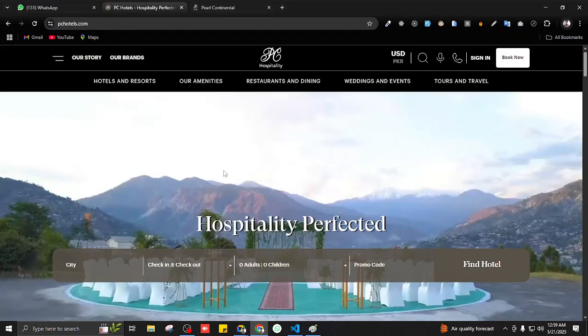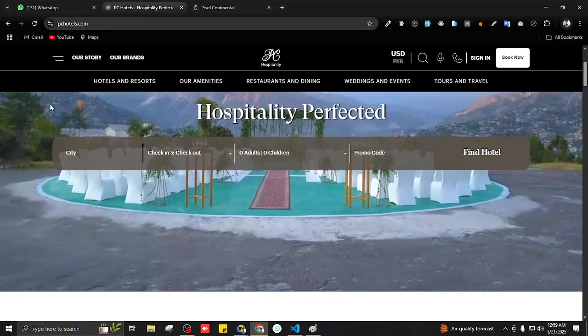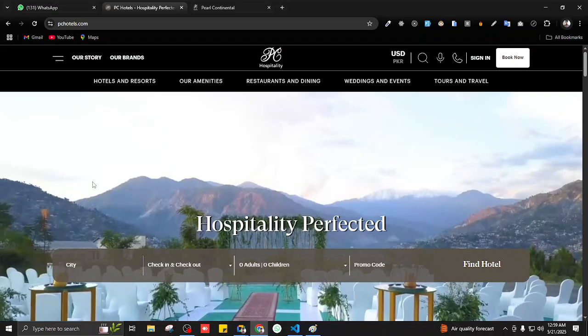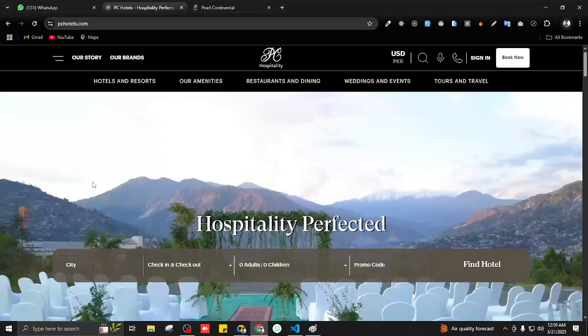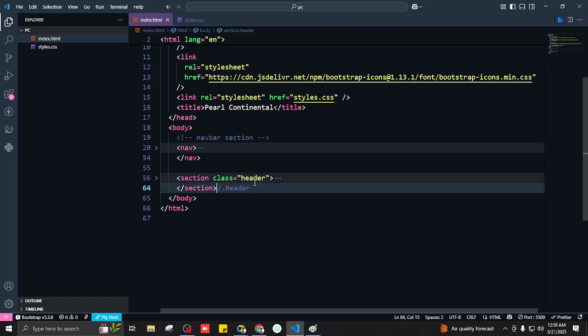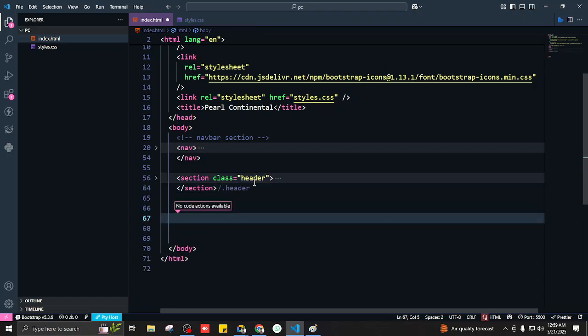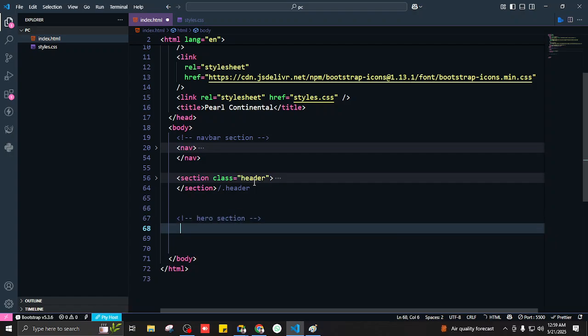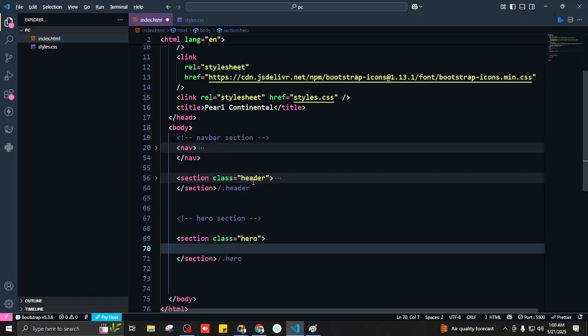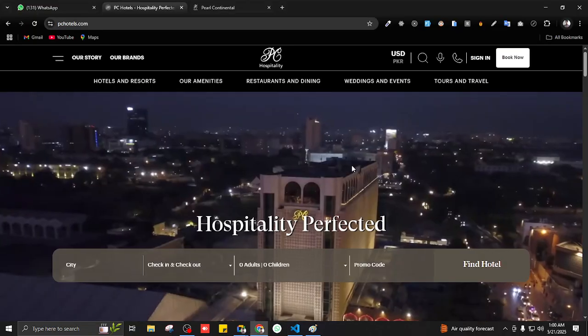Okay, so this section is really important, this one. So what do you think is happening here? Exactly, the video is playing. So after this section, we're gonna have the video container. This is the main section, so I'm gonna say it's the hero section. So I'm gonna put section and I'll name it hero. Okay, so inside this section I'm gonna have this video, so I'll put a video tag, and I am going